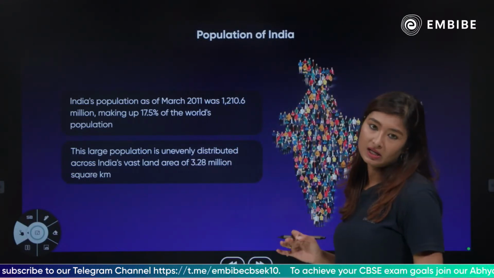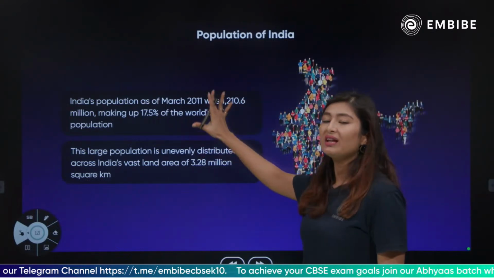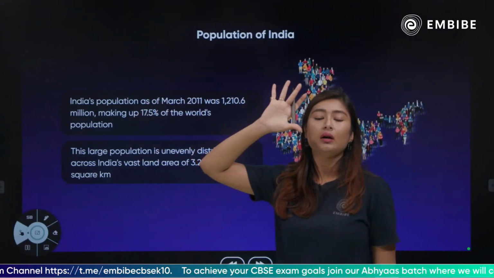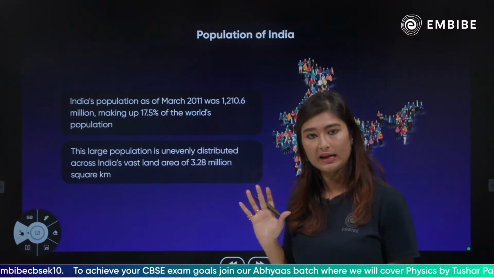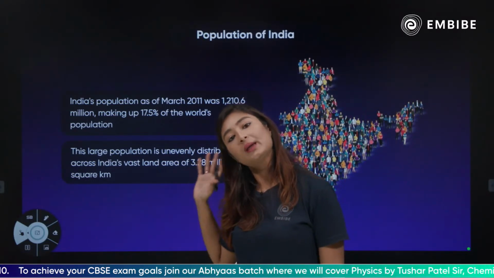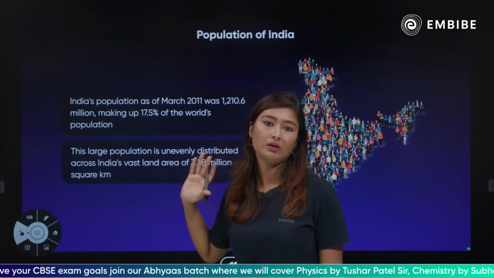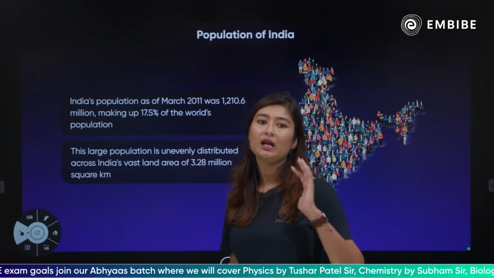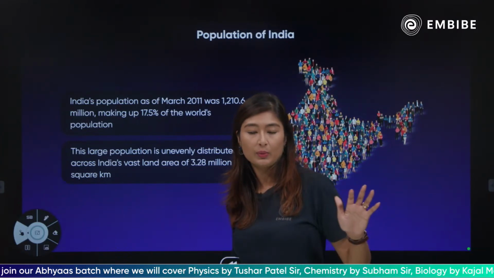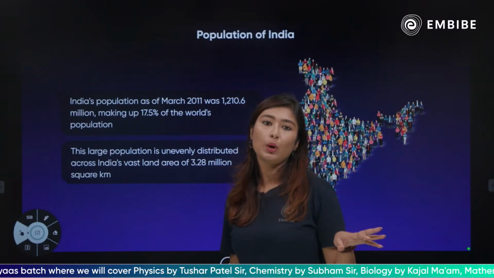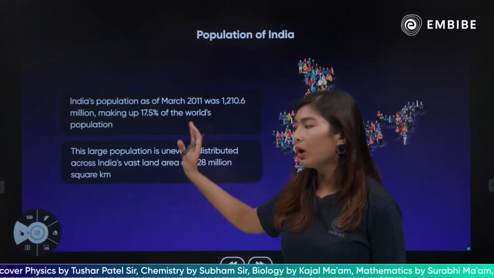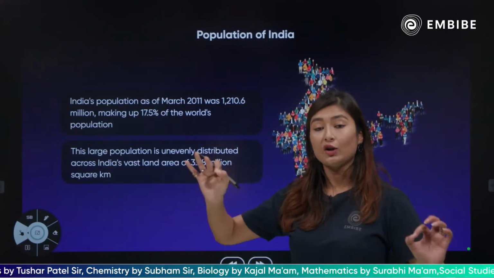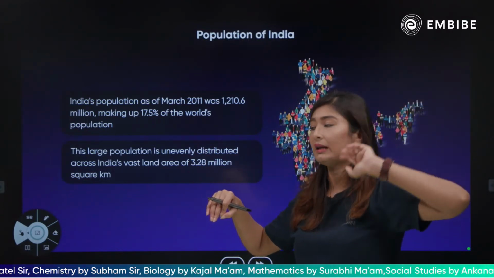Now talking about India's population, guys, this is based on the data that we received in 2011. ठीक है, हमने 2011 में एक डेटा रिसीव किया है. उसके basis पे the numbers that you see over here, you will find back at that time India was not the largest populated nation. India did not have a population of 1.4 to 1.5 billion people. Okay? So all the numbers that you see are based on the census of 2011.